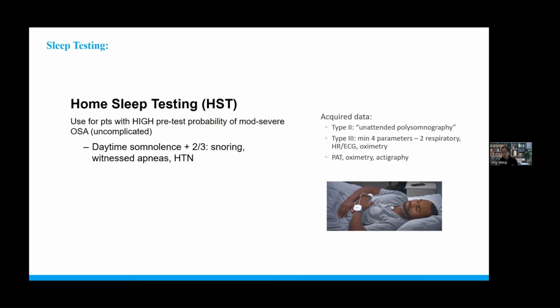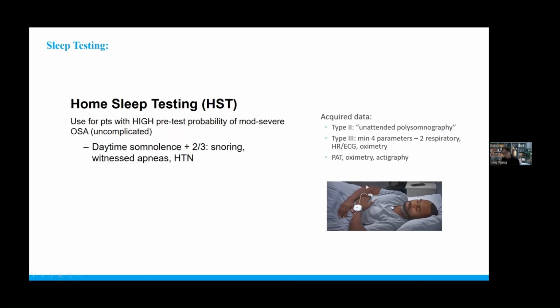Home sleep testing has been around for a while now, and it continues to evolve in terms of the equipment and devices that are available, but they've been categorized into 3 different levels, and this is really based on the intensity or the amount of information that's collected. So type 2s have a lot of sensors and collect a lot of information; they've also been termed unattended polysomnography. And then as the number goes down, the study becomes less complex in the sense that it collects less and less